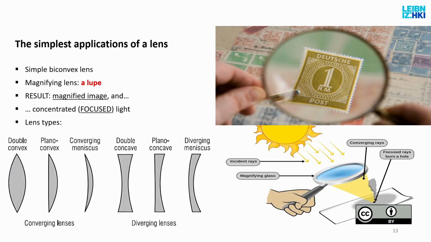But the most primitive application of such an optical event is the loop that you might use if you're a stamp collector or an insect collector, which we don't do anymore, or just magnifying. If you see this in grocery shops, if you are an older person, they will have a loop attached to the shopping cart, and you can have